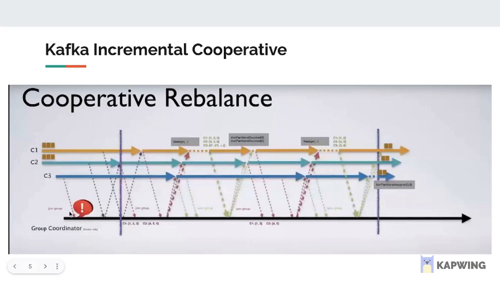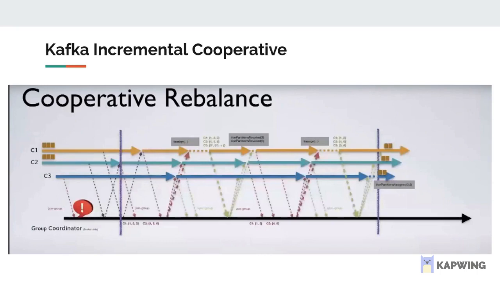C3 will send a join group request to the group coordinator, and the group coordinator will see, okay, now I want other group members to also rejoin. It will wait for the heartbeat. So now C2 sends a heartbeat and C1 also sends a heartbeat. It will ask all of them to send a join group request again, right?